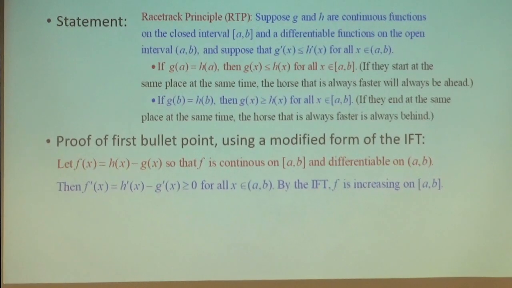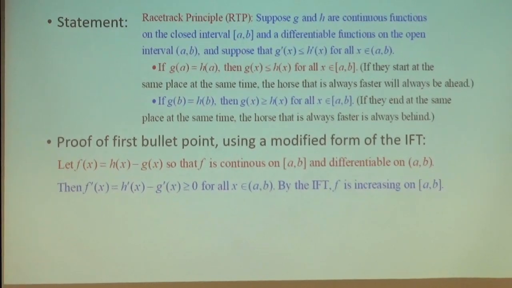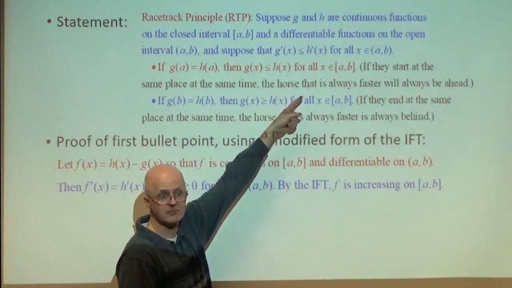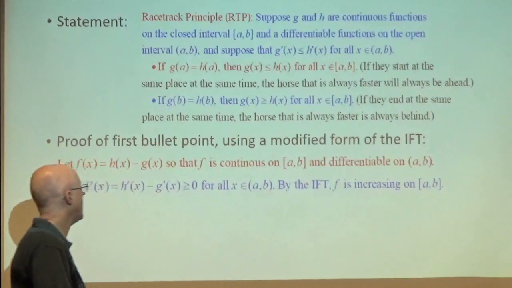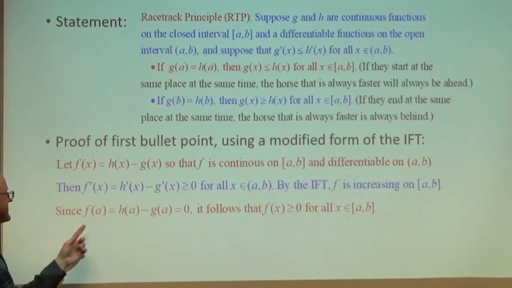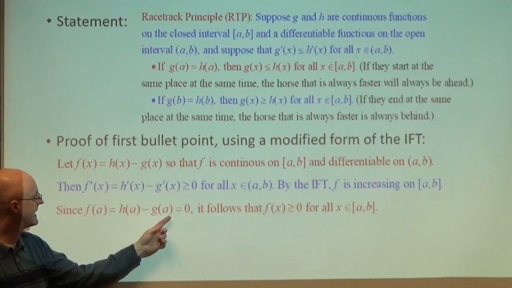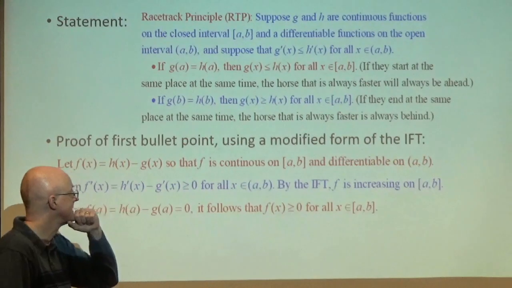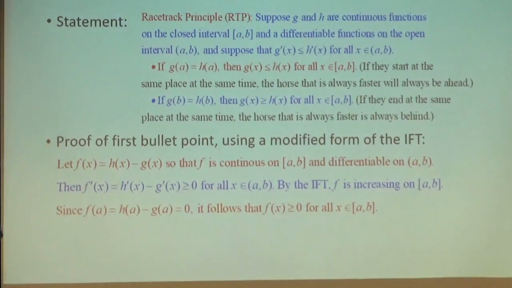I'm hoping the fact that f is increasing will help me finish. Maybe that would be equivalent to this being true. So work it out. What does it mean that f is increasing? That means, in particular, since f of a equals h of a minus g of a is 0, it follows that f of x must be greater than or equal to 0 for all x. F is either going up or it's constant sometimes. If it's starting at 0,